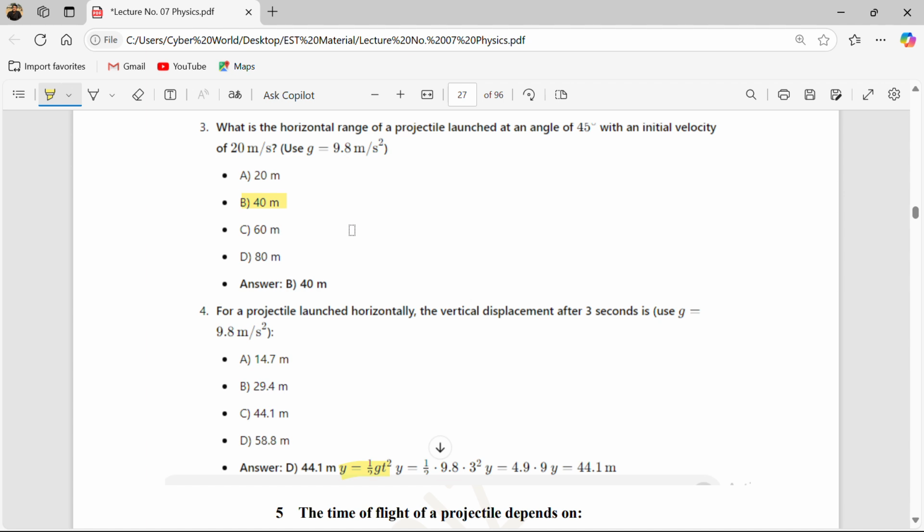It's very helpful for you because these are only selected problems which came in past EST physics papers. These are a collection of MCQs from the previous papers. If you revise and go through these problems, you will be done with 90%. We will also cover pedagogy problems and other problems in our upcoming videos.